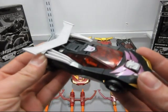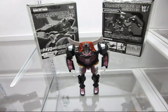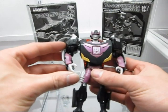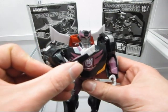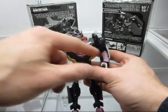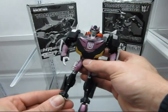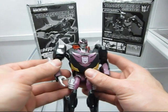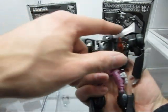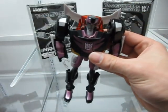Beautiful, beautiful alt mode, but we're going to get to now the good stuff, which is the robot mode. So let's do it. Unleash the Dark Commander. So we have robot mode of Black Animated Rodimus. Oh yeah. So essentially it's a lot of silvers all over the place and a lot of shiny purples. Again, going for that more shattered glass look that was created, and the titanium Menasor. The spoiler is gorgeous. It uses red white piping for the lights, for the eyes, although it's kind of hard